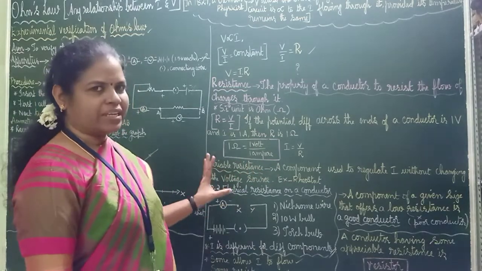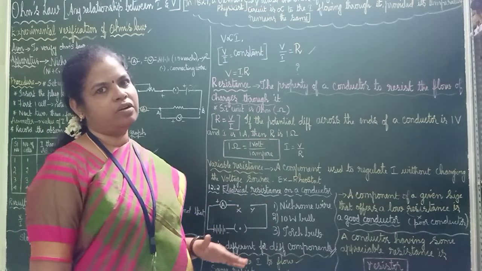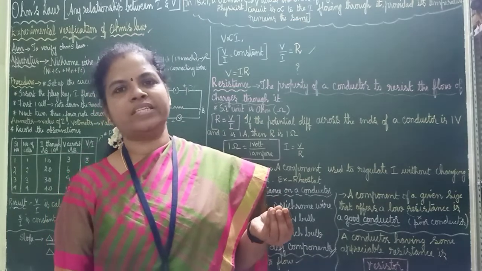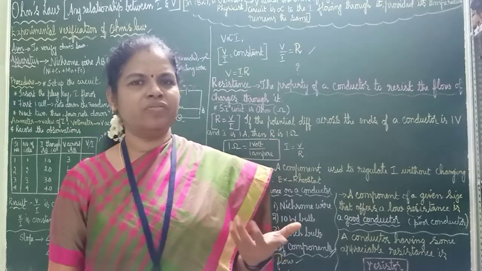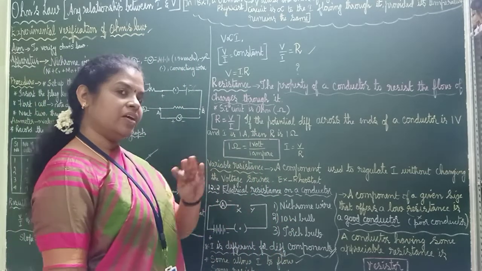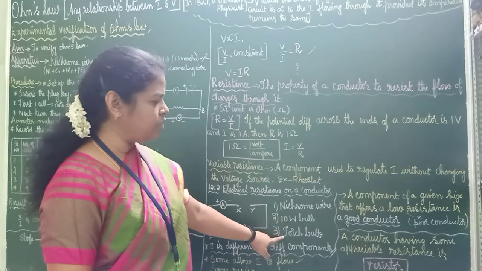With the help of an activity, we are going to find that current is different for different components. We know that at home current is different for different components. No, a bulb will take how much current, a fan will take how much, a TV will take how much. It is different for different components. Here we can't do all those things, so we are taking 3 things: nichrome wire, one 10 watt bulb and one torch bulb.